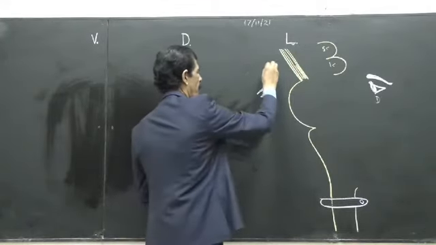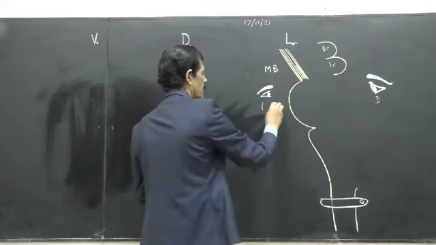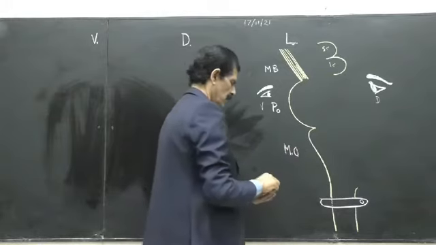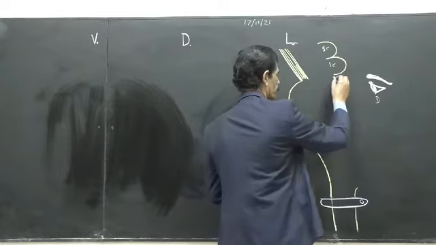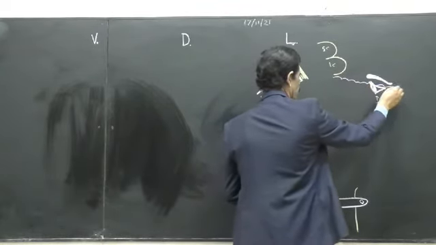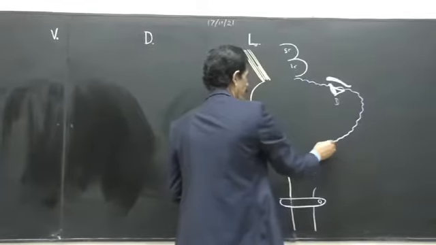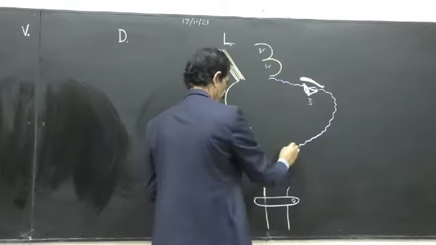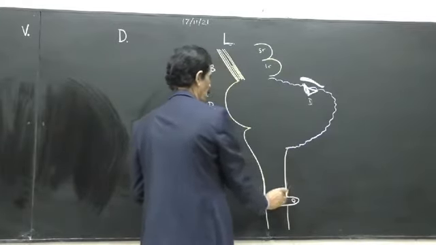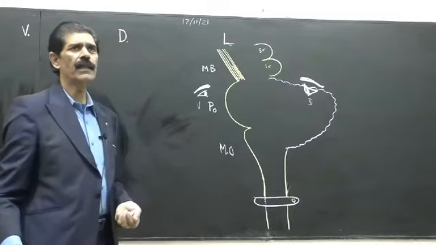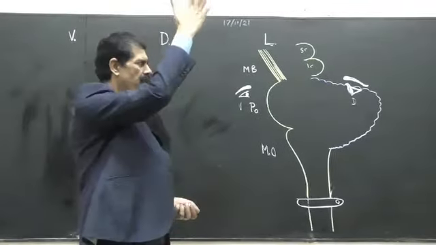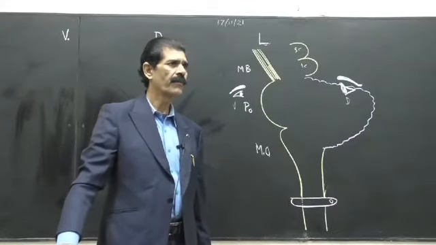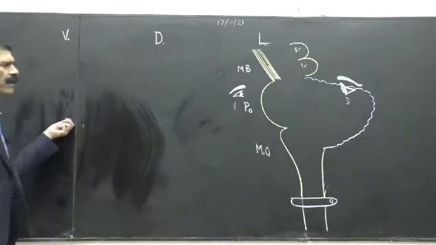So this is the midbrain, the pons, and this is the medulla oblongata. Posteriorly here lies the cerebellum, this is the superior surface of the cerebellum, this is the inferior surface of the cerebellum. That is part of the hindbrain. So this is the lateral view of the brainstem, or we can call this the sagittal section of the brainstem. How to draw it? Now comes the ventral view of the brainstem.